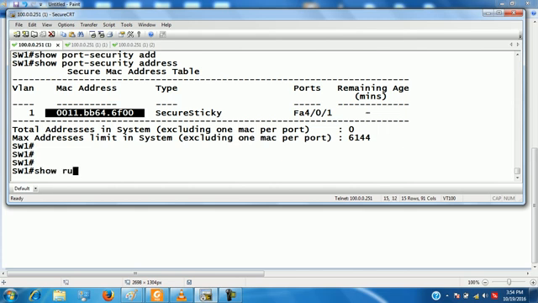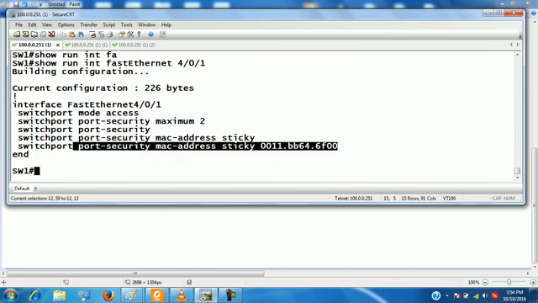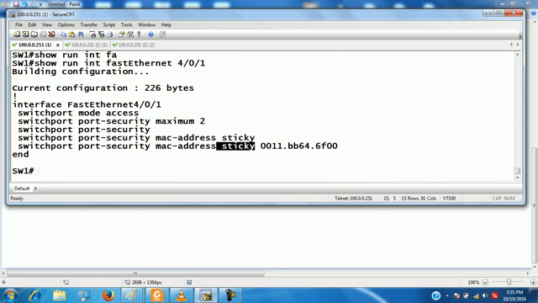Okay, whenever you run the command show run interface FastEthernet 4/0/1, अपने आप आ गई है कमांड, ये मैंने चलाई है. Have I configured this command? No. So what will it do? वो करेगा क्या पता है आपको? It will learn the MAC address from the CAM table and it will put that command in the running configuration. When this configuration is saved, it will be in the startup configuration. It means every time this MAC address will be bound to this port with the help of this keyword. Clear? मैं क्या कह रहा हूं?